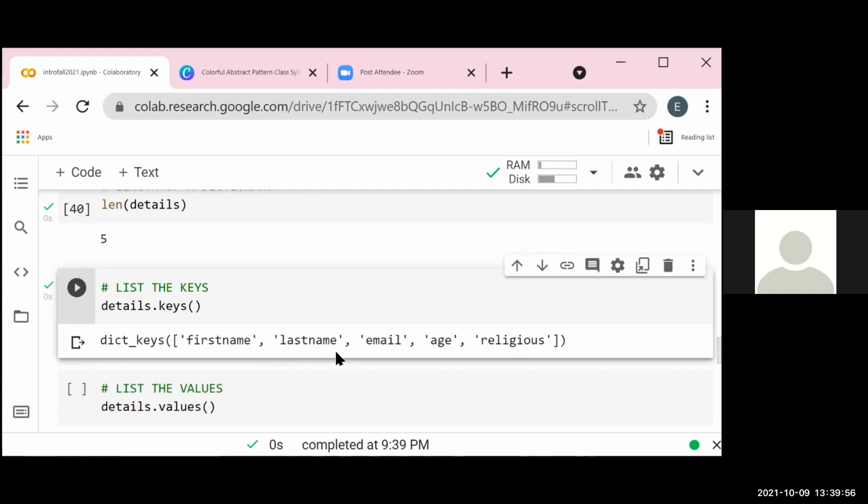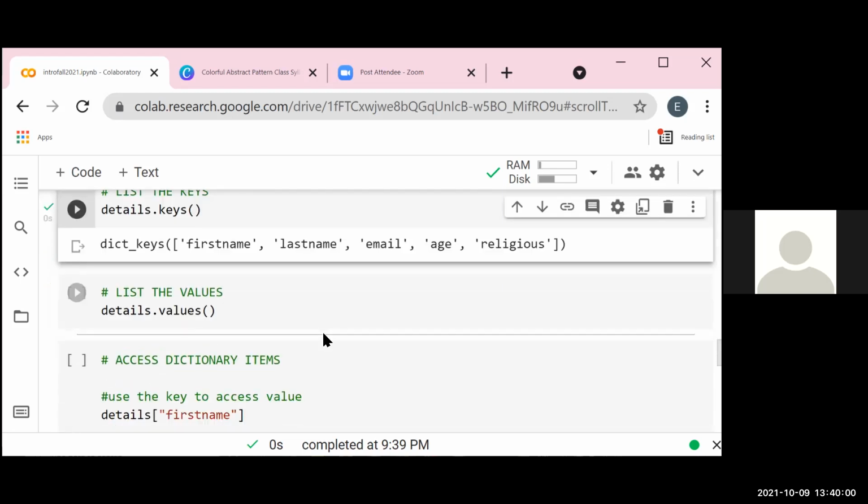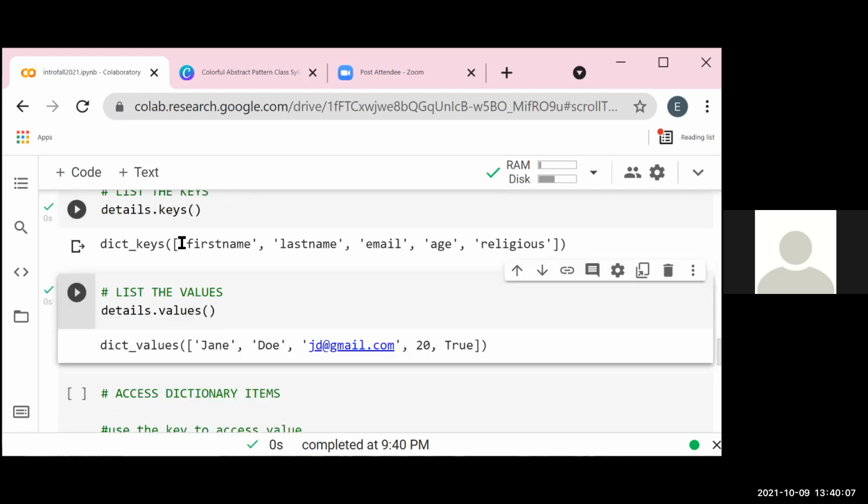So the keys are what I mentioned. We can also look and see what the values are. So you see your value true. It's a value that has been accepted as a value in our dictionary.